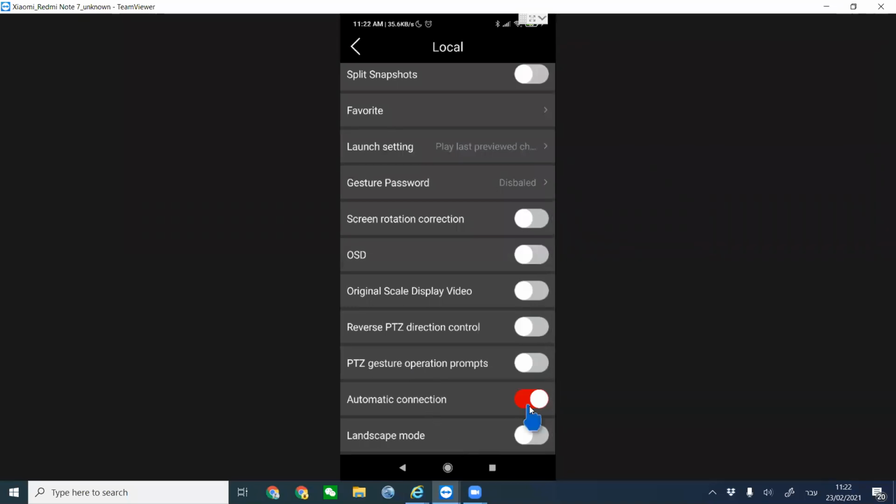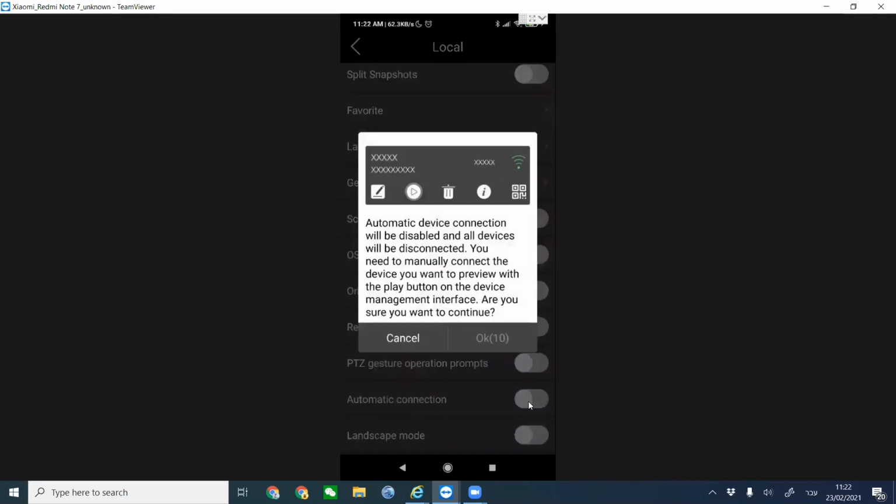Automatic connection. It's like a VMS mode. Basically, we will get a status of all of our devices, whether they are online or offline, even before we try to see any video from those devices. So when the automatic connection is on, we're going to see our online devices. Whenever the automatic connection is off, we're going to see, okay,